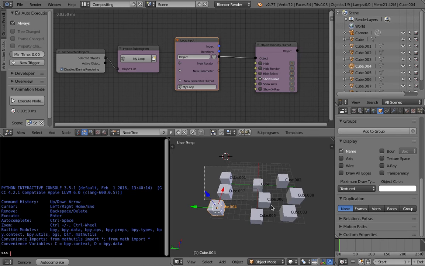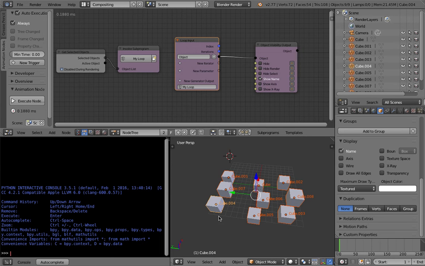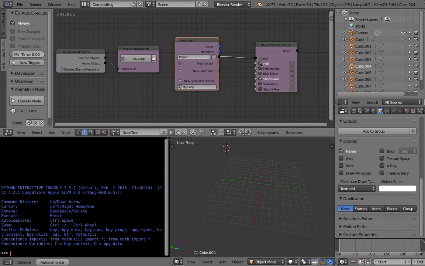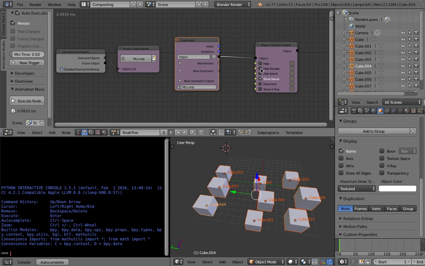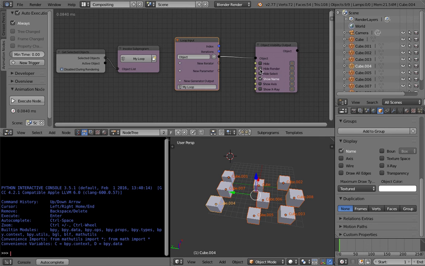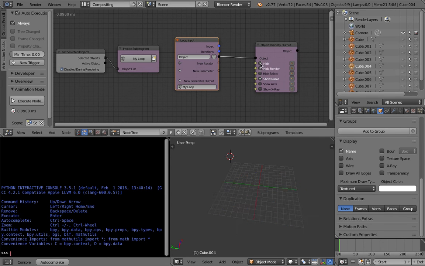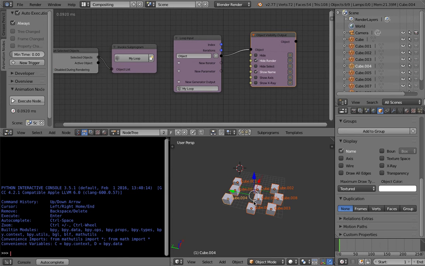So I'll select all these guys, and if I have all those objects selected and I want to hide the name, I'll just untick this. So the effect is almost immediate. You can also do that with render, or hiding objects, or unhiding the objects. It's super immediate, and I believe you can still undo, but yeah, that's really powerful,